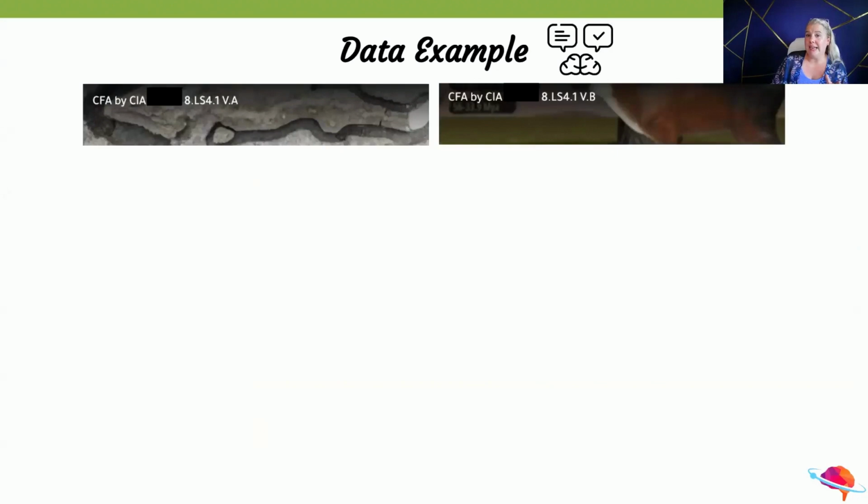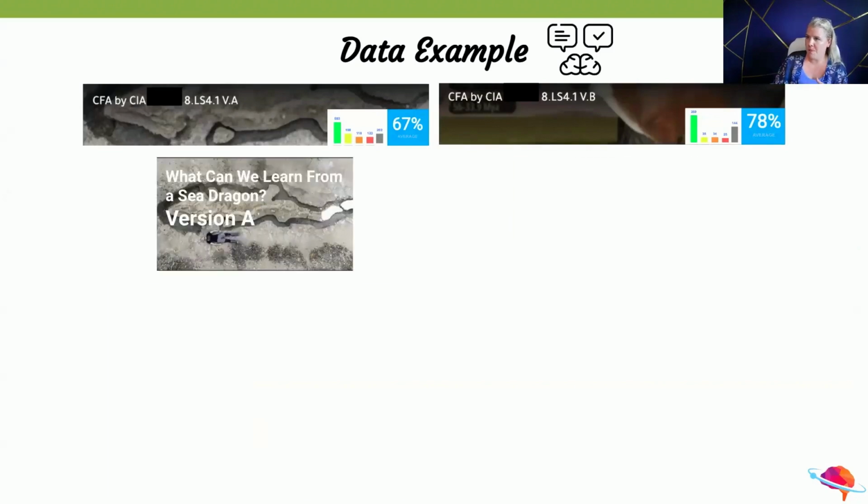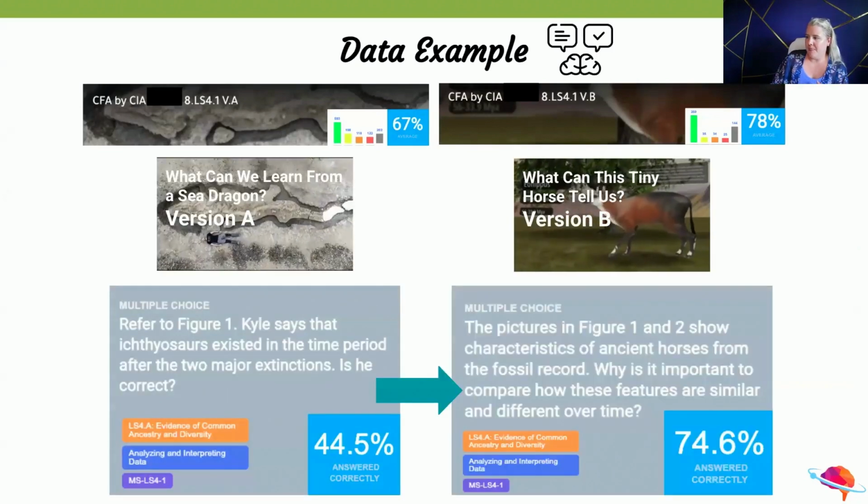Now what's cool is the data that you can get as a result from this. And again, I wanted to feature another data report and highlight that within Inner Orbit. So we've got this version A and this version B. And what we can do is an item analysis and see how students did on a particular item. Now, for the sake of the screen, I didn't show what they did for each selection choice, but you can see like